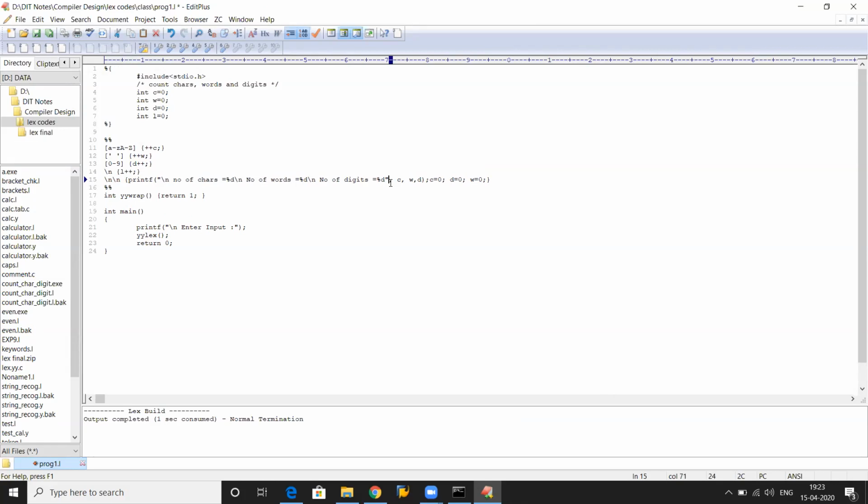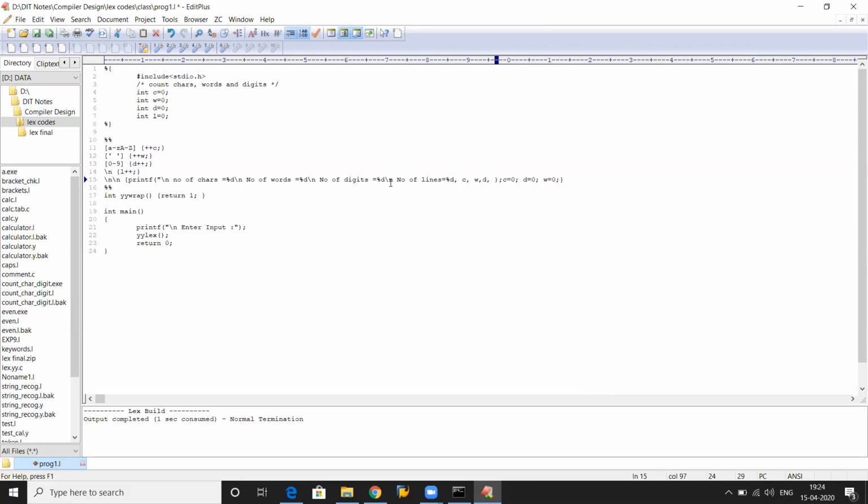So let's see. Here we are printing one more thing, number of lines \n. Let's see if it is printed or not. So what are we going to print?